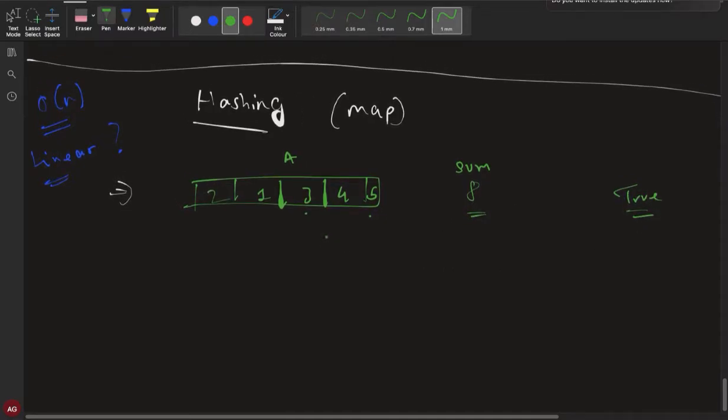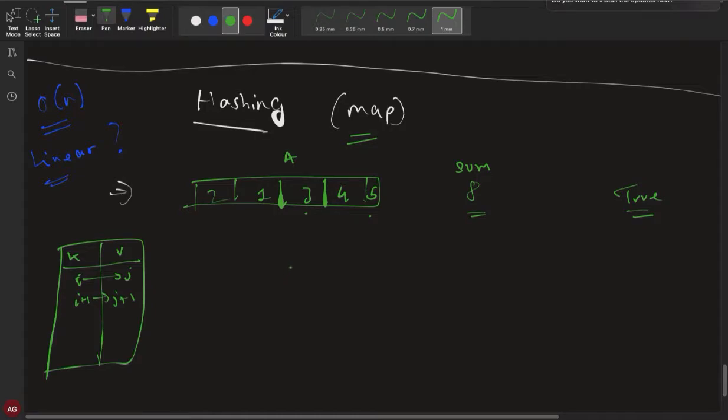So how can we achieve linear time complexity using hashing? What is exactly hashing? Hashing is storing values as key value pairs. I'll just tell you what a map is. A map can be represented as key value pairs. You can just create a table. This is key and this is value. So you can just map a key to a value, like i, j, i plus 1, j plus 1, any key value pairs.